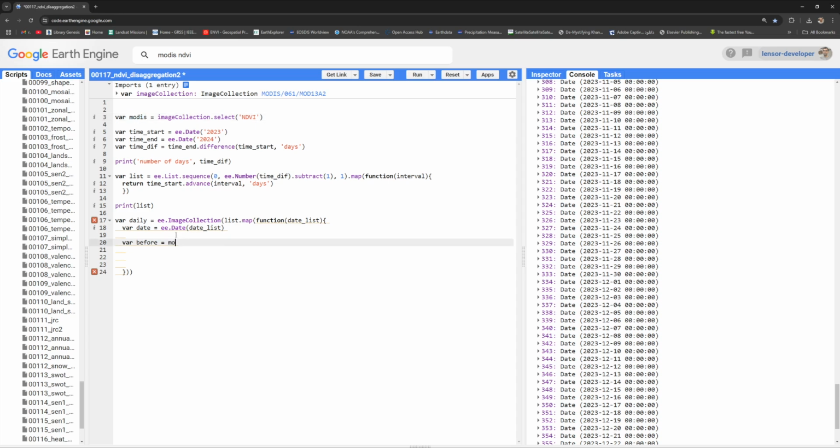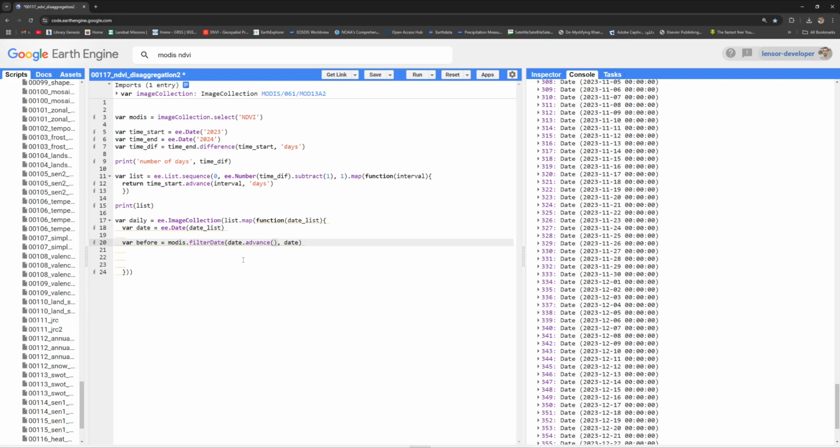Bring the modis variable here and filter it now based on 16 days earlier. So two arguments we have here. The end date must be equal to the current date we have in the list, and a start date